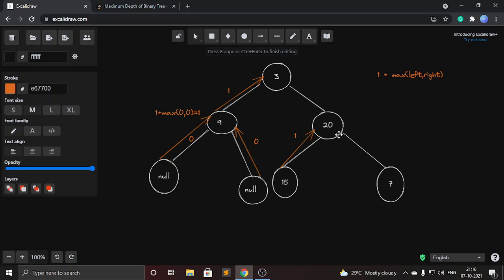Now we will go to the right side of 20. Right side of 20 is 7 and 7 has no child nodes. So 7 will also return 1 to 20.